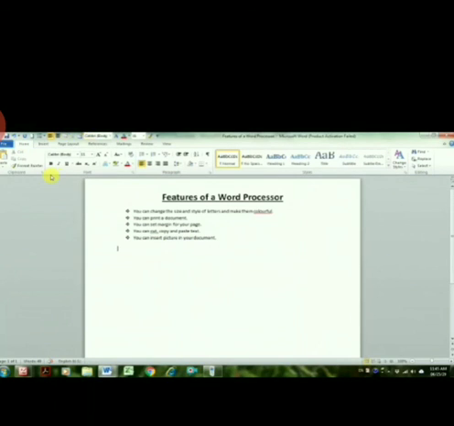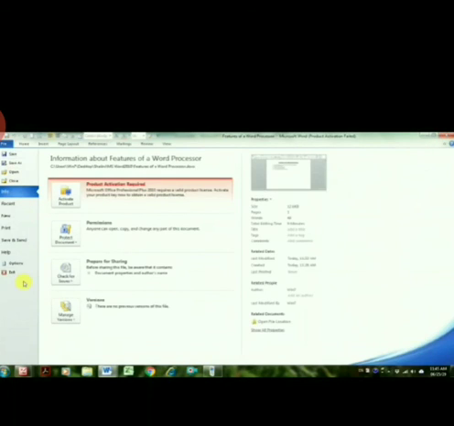Now, how can you exit Microsoft Word? You can exit by selecting the close button from the shortcut buttons at the top. Even you can go to File and click on